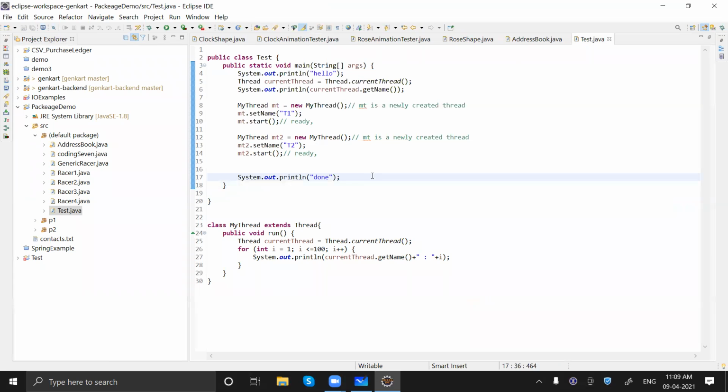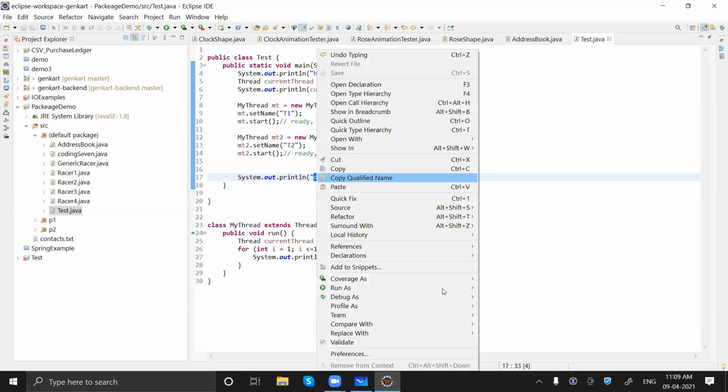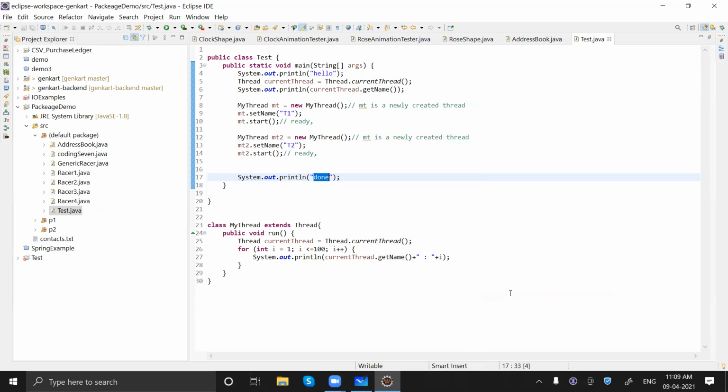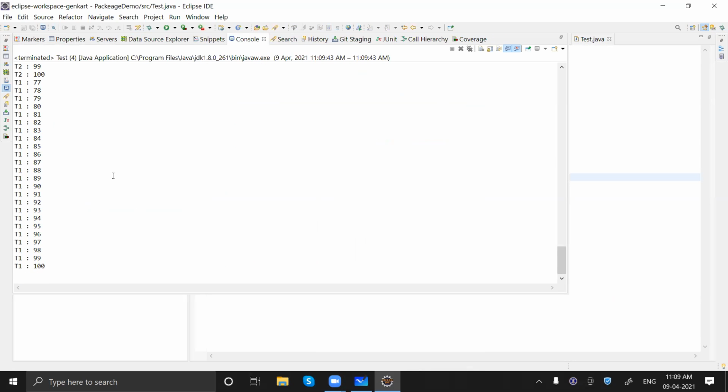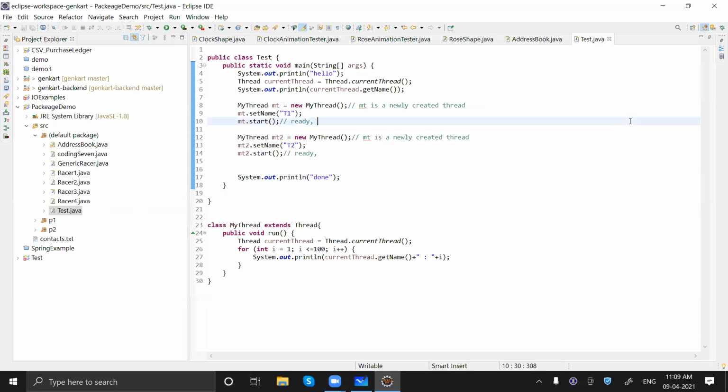Okay, so there are two threads, T1 and T2. Okay, and when we say start, done gets completed before the threads, right? We have seen that yesterday. You can see T1, T1, T1, T2, T2, T2, and somewhere we have done. So basically what is happening, main thread is basically responsible for creating this thread and then